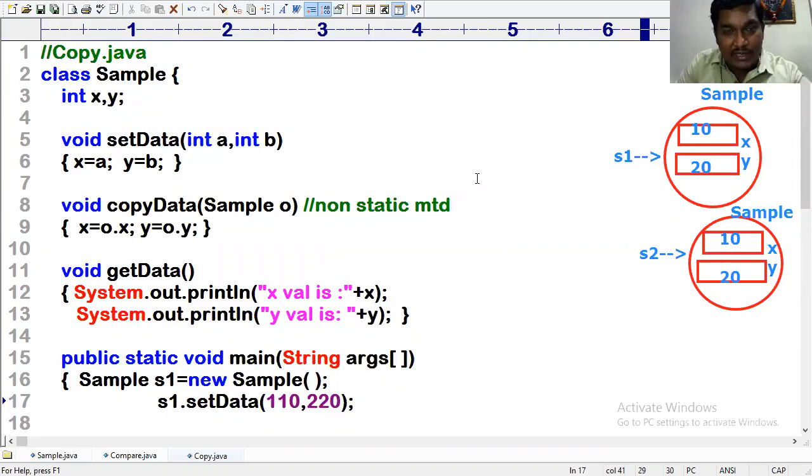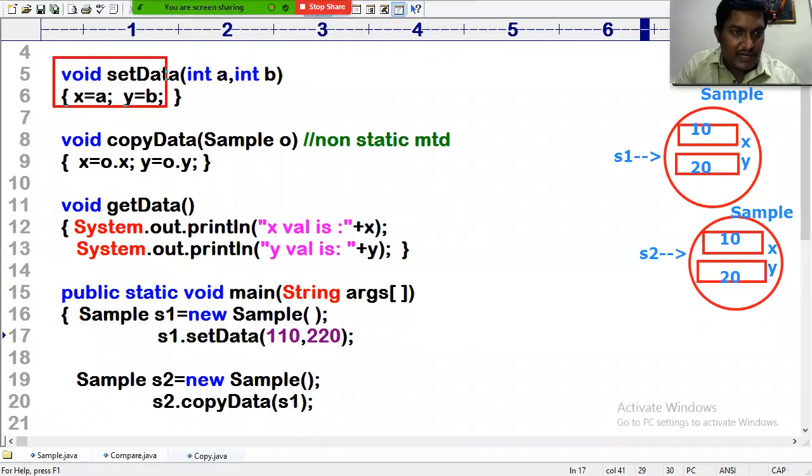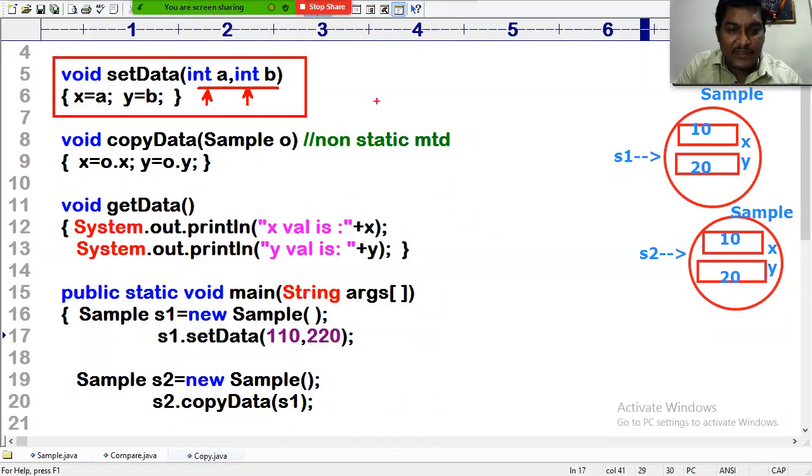But kindly notice, the topic is methods with the object reference. See, sir, this method requires two arguments of integer type. Int is what type? Sorry, my dear, int is a primitive type, right? Guys, I hope you already learned. But this copyData method requires how many arguments, sir?